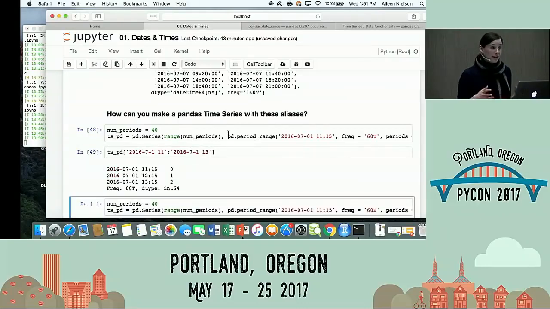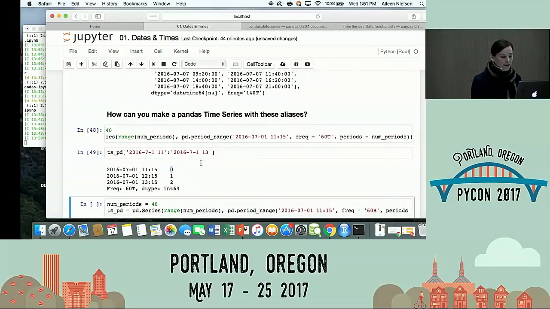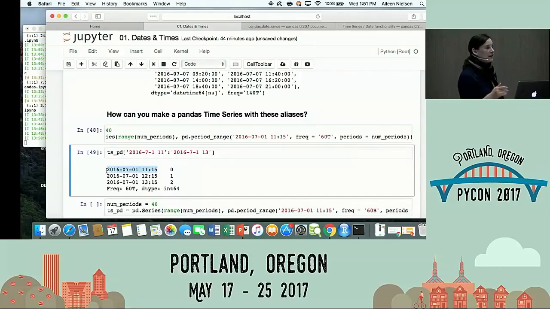And what's special now versus I've just been showing you date ranges and period ranges, right? So there are ways to compute moments in time at periodic intervals or periods that cover periodic intervals. Now what I've done is I've made a pandas series indexed by a period, right? So now I have a pandas series where each value, these I just randomly counted from 0 up, I believe, is indexed to a time interval. So instead of indexing students' grades according to their names, I am now doing the exact same thing, but I am indexing values according to time of day or day of the year or what have you, right?